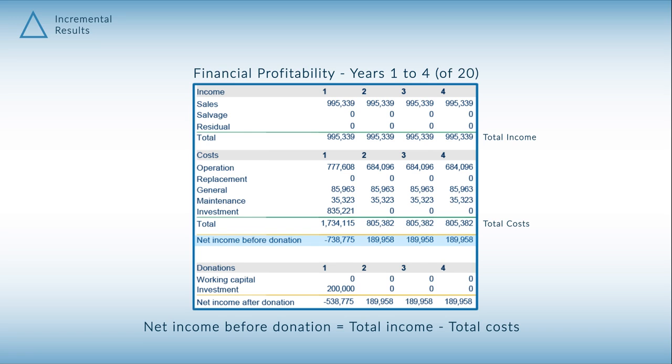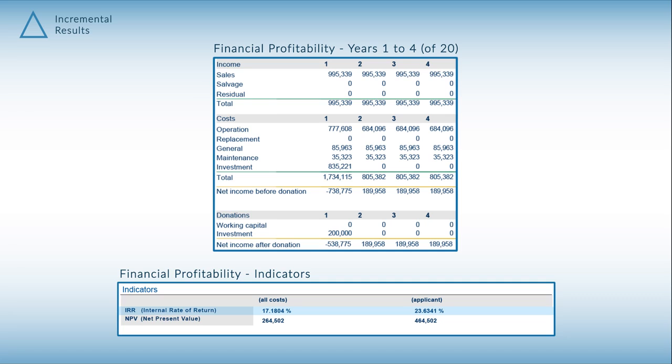Net income is simply calculated by subtracting costs from income. However, Rural Invest calculates net income flows with and without donations or grants, so as to assess the internal rate of return and the net present value under two scenarios. One scenario considers all investment costs regardless of the source, so as to assess the return on all investments made. In our sugarcane farm investment, the internal rate of return is 17%, and the net present value is